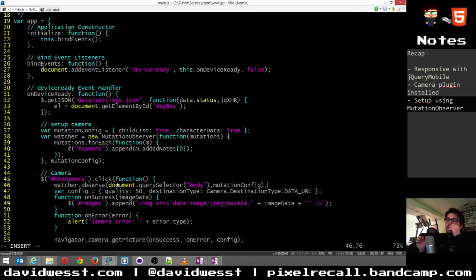So you can see here, if you set up the same mutation observer, you can reuse it a number of times. You can attach it in a number of different spots, pass it in different configurations. I didn't really experiment much with this because, again, this is just a regular JavaScript thing. This isn't Cordova magic. The magic is really the fact that it actually just all works, and we can use these things across mobile devices as well. But anyway, we have our mutation config.